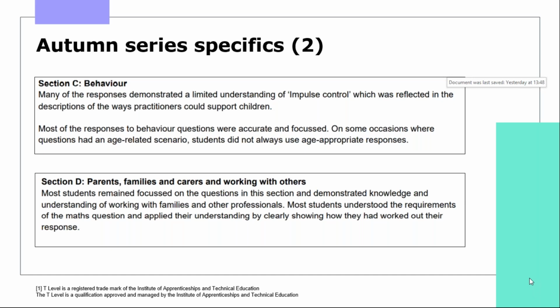and it could well be that we need to remind students that the exam is looking at the 0 to 19. So let's really look at that question. Let's read that question. And is this actually something that's applying to children and young people rather than children within the early years specifically? So again, strategies to make sure and to remind students about the core and about the range of the core might help with something like that, because I can imagine that was something that threw students off course there.